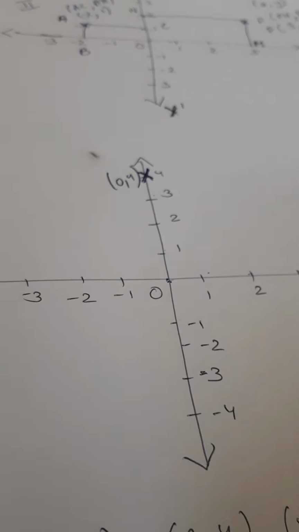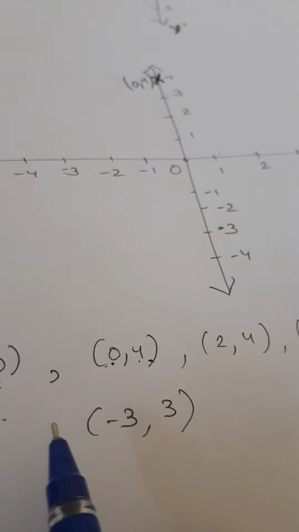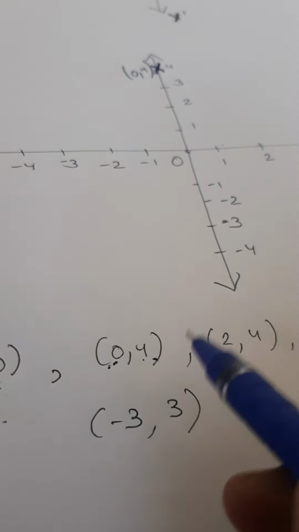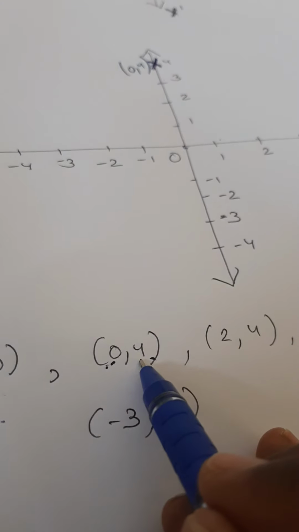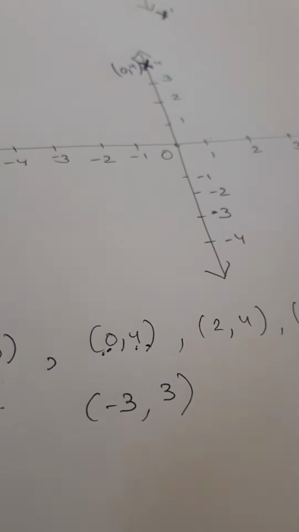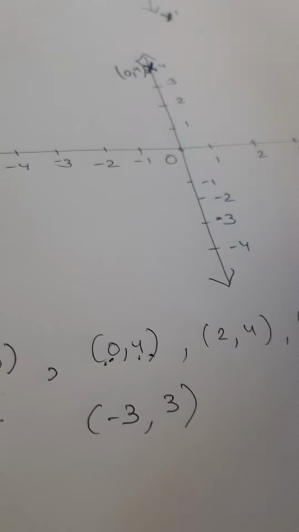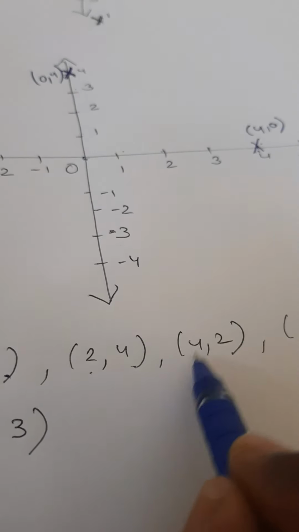Okay, so what I'm trying to say here is, x and y coordinates will be given. Whatever number is in the x coordinate, you have to move that number of units on the x-axis, and whatever number is given in the y coordinate, you have to move that number of units either on the y-axis or parallel to the y-axis. Correct? So, suppose I take this example, (2, 4) and (4, 2).